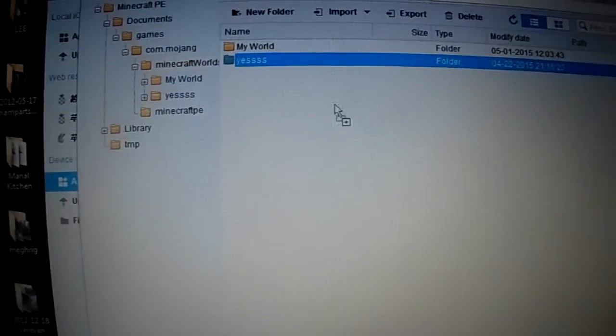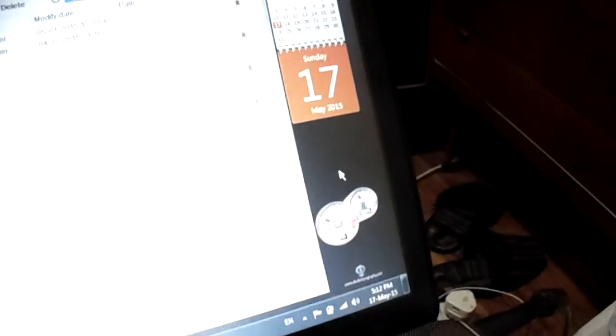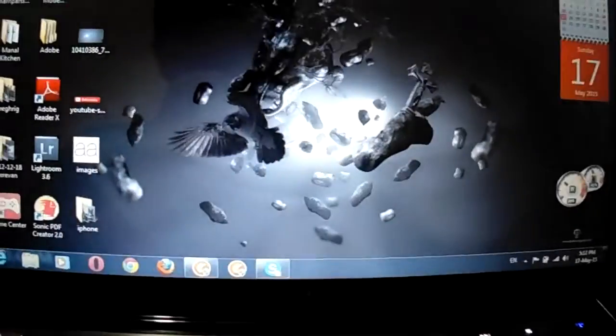I'm going to move this world to my desktop like this. It's moving it. It moved it, I think. Yes, it moved it. Here it is. This is the Minecraft world.